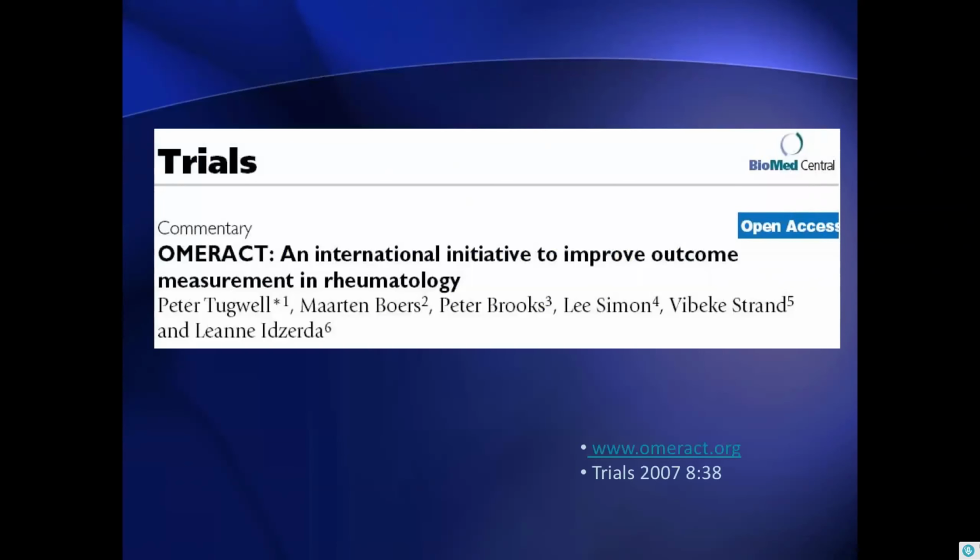So one particular group that's been working on the development of core outcome sets for many years is the OMERACT group. And they've developed 9 core outcome sets for rheumatological conditions. So it's important just to acknowledge this work has been ongoing in a number of groups for many years. And there is good evidence that the use of these core outcome sets has created less of a problem around selective outcome reporting bias within that space, in that field.